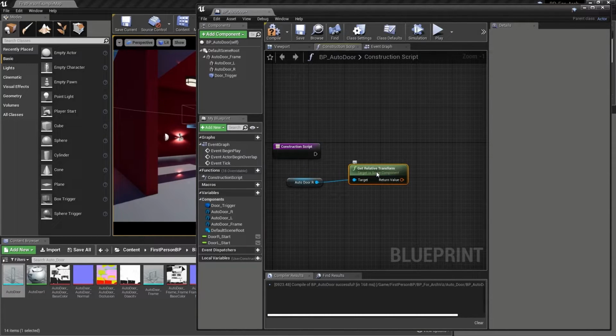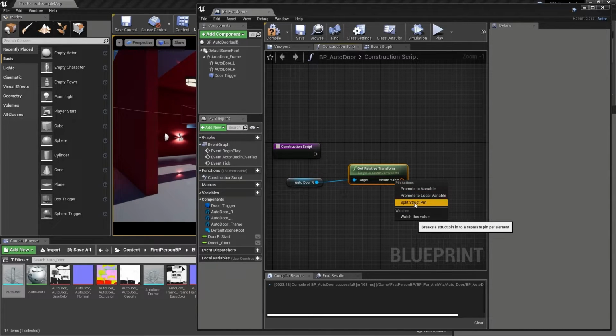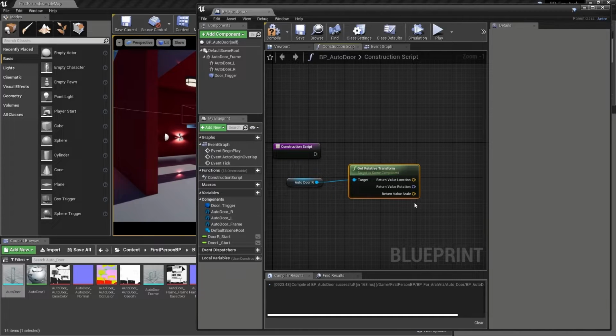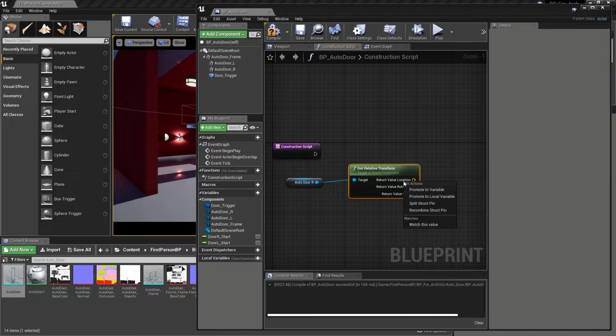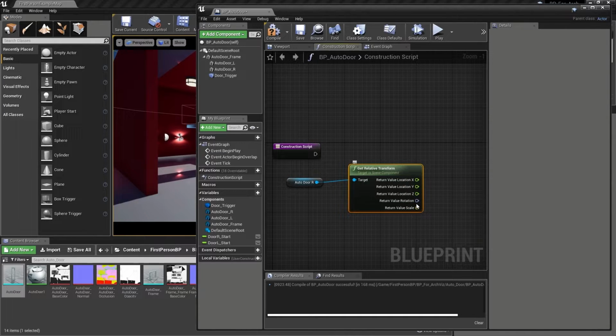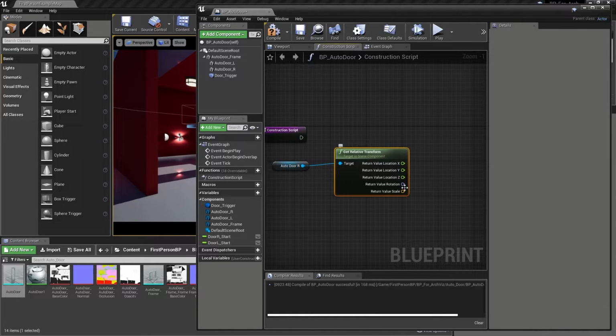Let's take a look next at how we can actually drill down into our node outputs in order to gain access to some of the more specific information that it contains. After right-clicking on the return value of the node then, let's choose the Split Structure Pin option from the list, and then right-click again, this time on the return value location output, and choose the Split Structure Pin option a second time. We are splitting the pin here so that we can gain access to each of the transforms separately,